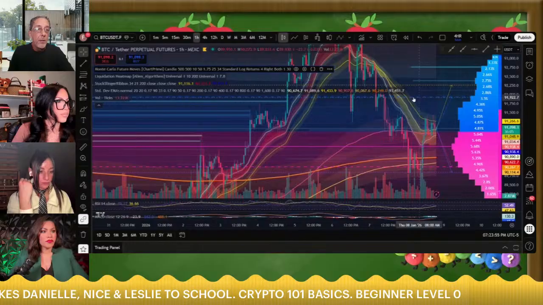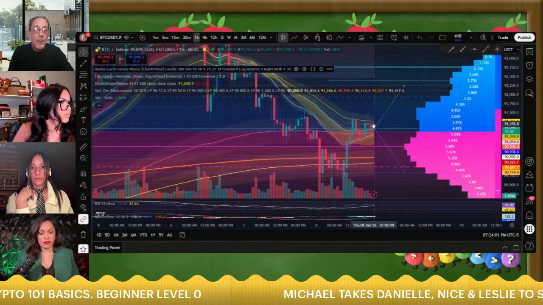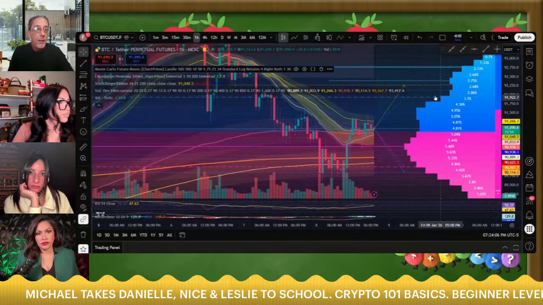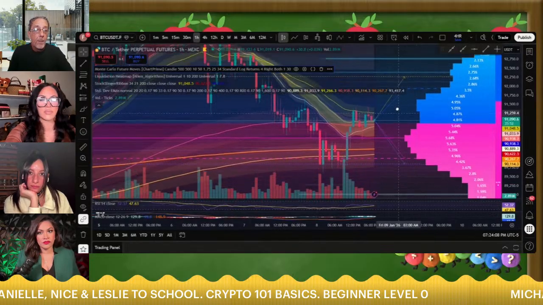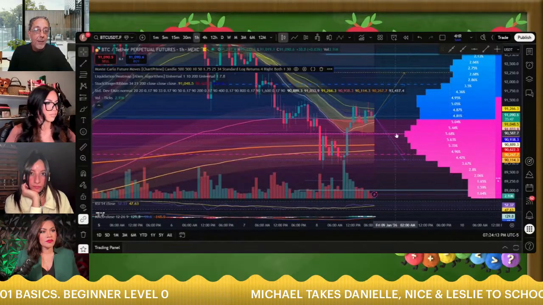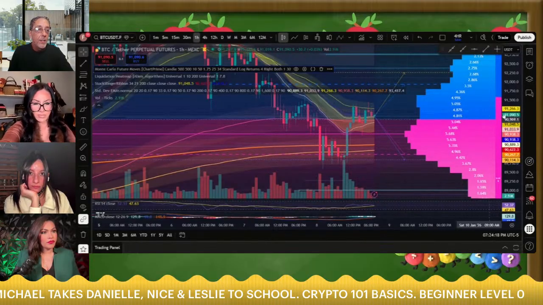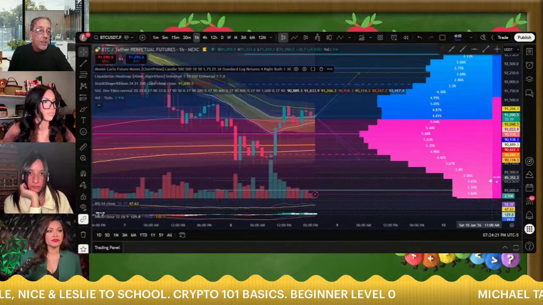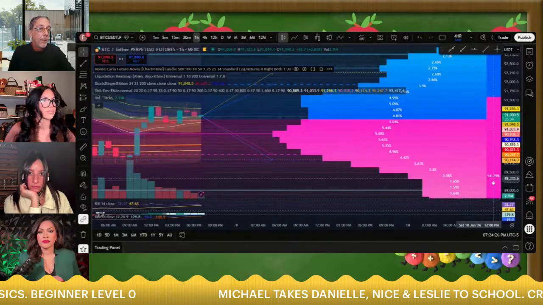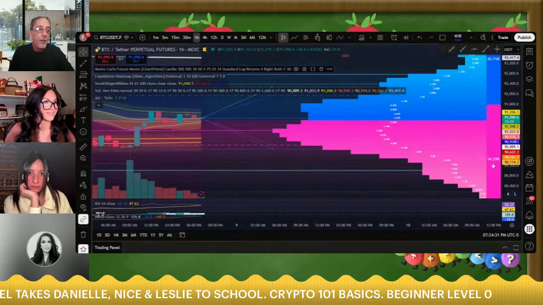And it gives this little dotted blue line right here. Let me make it a little bit bigger. So it gives this dotted blue line right here. We've got like a 3.5% chance to come up to this level. We've got a 5.68% chance to bounce back down here to this pink line, and then there's another one down here. So it's kind of telling you which way this thing is going, and then you can use this down here at the bottom. It says 54.29%. This thing is going down, right?